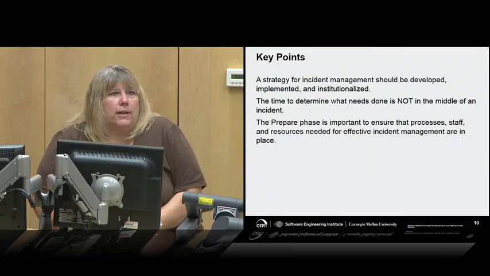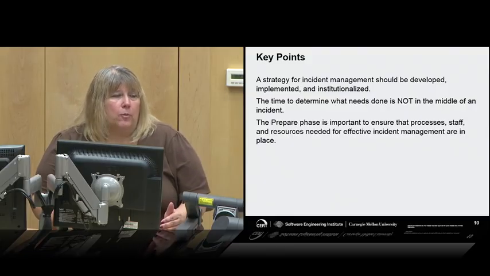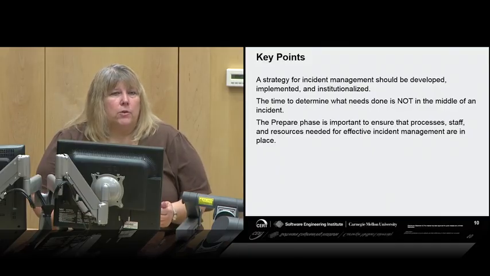Do we actually collect evidence in a forensically sound manner? Who do I need to notify? You don't have time to figure those answers out, or to get the decisions made by someone, during the middle of the incident. You want to have those discussions ahead of time and have your guidelines and procedures in place for performing effective incident management. The prepare phase is so important to ensure that your processes, staff, and resources are actually in